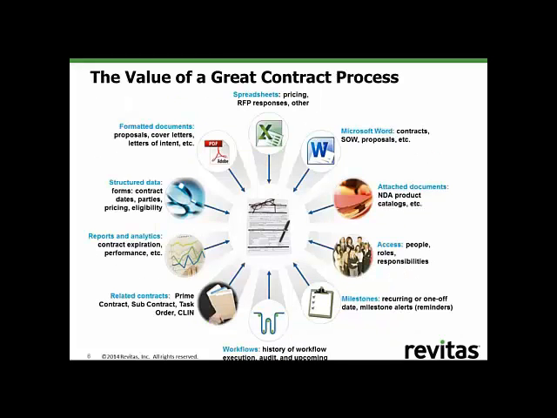I think the good news is that we're seeing a real surge of interest on the part of top management in many companies around the role and the value that both contracts and, importantly, the contracting process can and should be playing to their business. I think as we see a growth